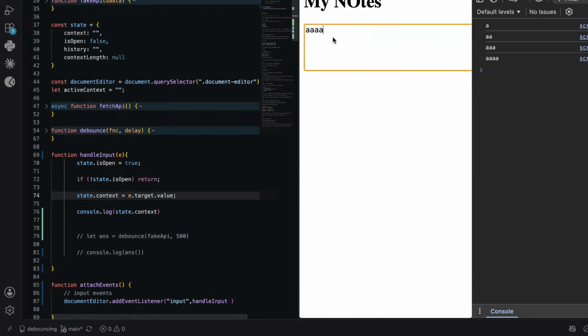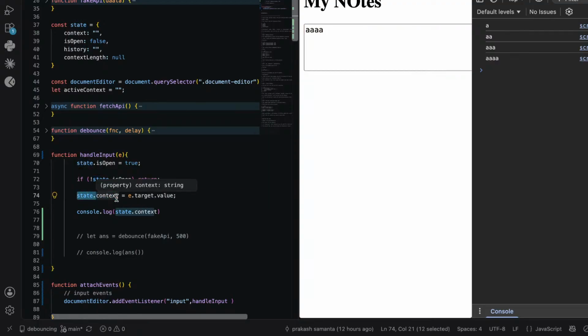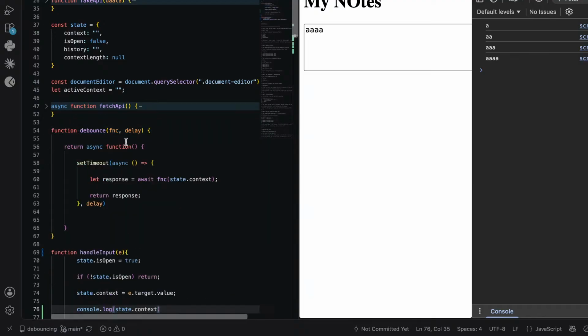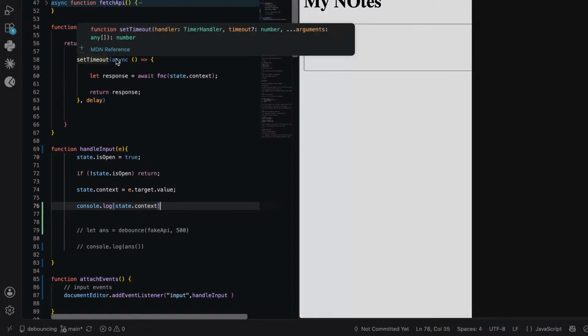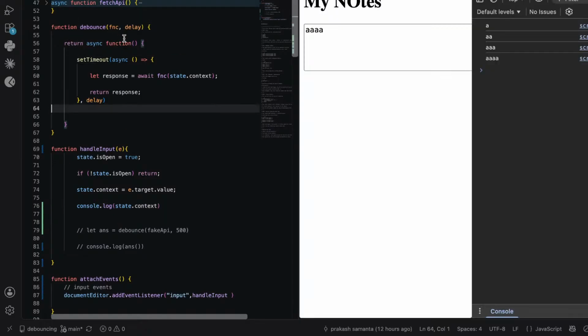We have an editor, right? When I type something, it's saving in the state.context. Got it? When I save, I need to prepare a closure for the next step. So we have prepared a closure here, which is this thing. Debounce and delay functions we are having. So when I call this function, okay,